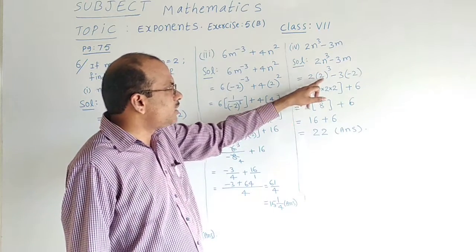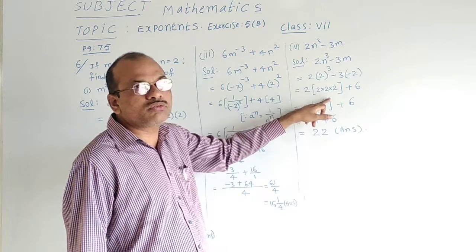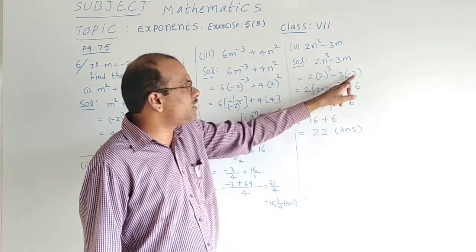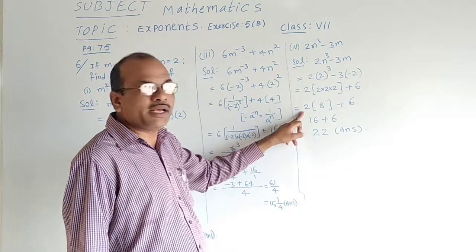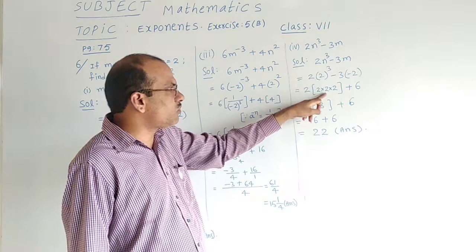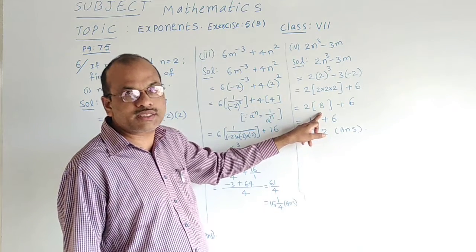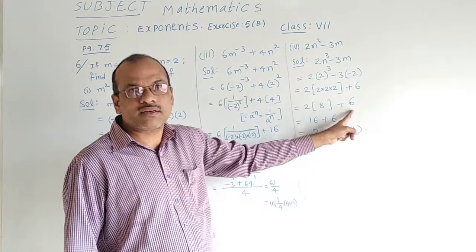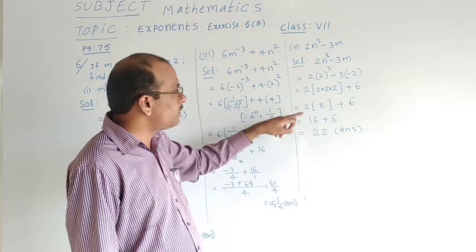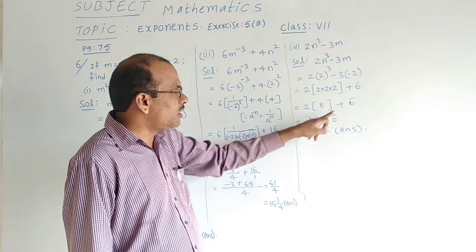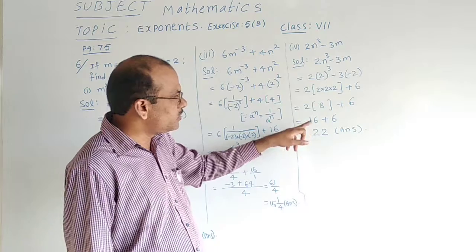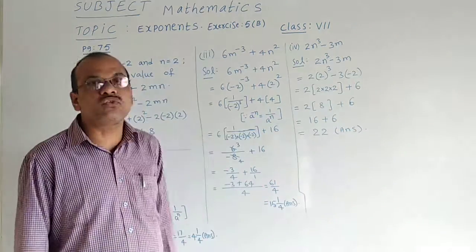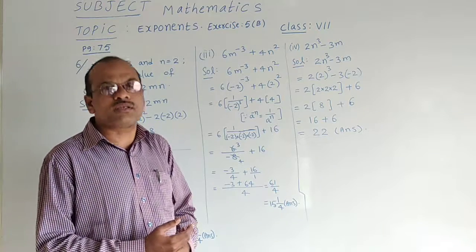2 as it is, 2 power 3 is 2 into 2 into 2, minus into minus gives you plus symbol, 3 2s are 6. Now 2 taken as it is, 2 2s are 4, 4 2s are 8. I have written in the bracket the value of that plus symbol, and the same 6 I have written. Is it okay now, students? 2 8s are 16 and plus symbol and 6. 16 plus 6 gives you 22. This remains the answer for the fourth bit in question number 6.